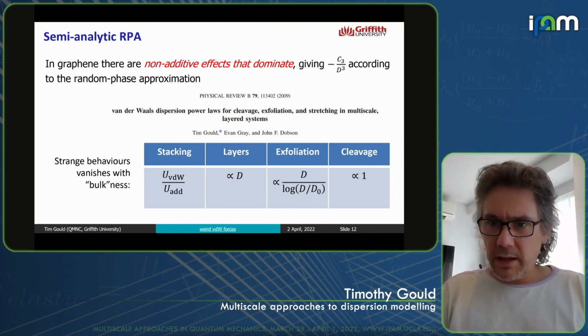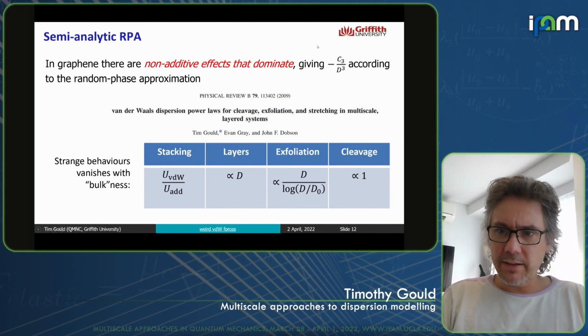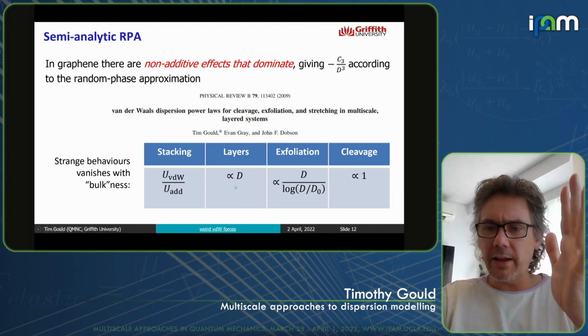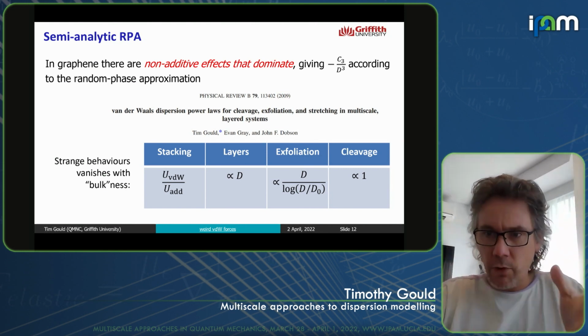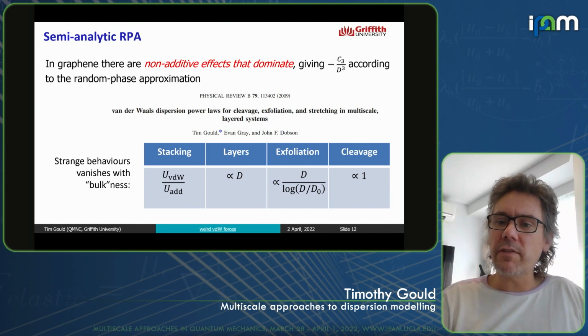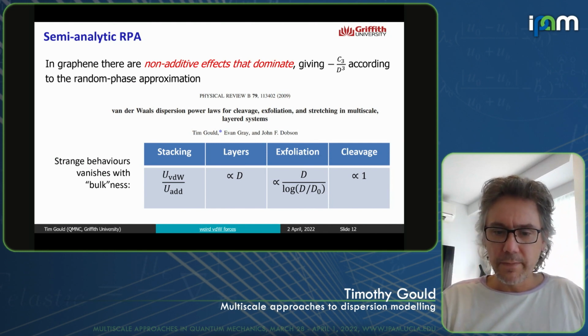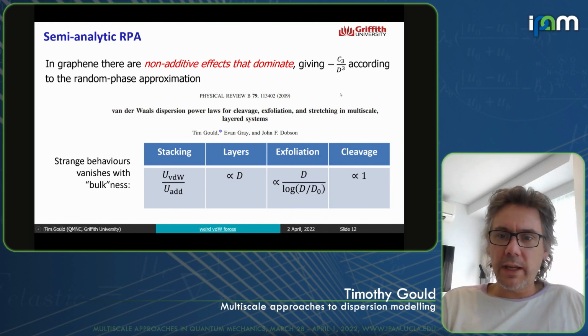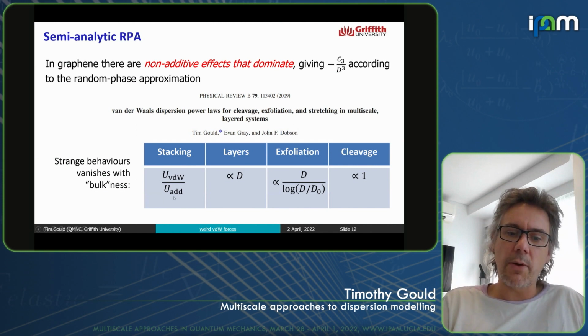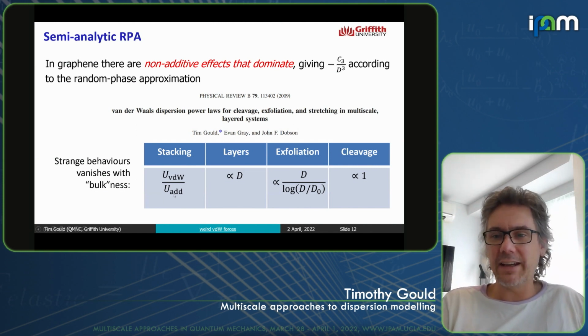And what's really exciting here is that if you think about it, when we pull all our layers apart together, so they're all spaced at distance d, we preserve nanoscaleness. So each layer is still nanoscale thick, and we get, as predicted, this minus C3 on d cubed. And what I'm showing here is the ratio of this to the additive reaction. So we divide minus C3 on d cubed by minus C4 on d to the 4, and we get a